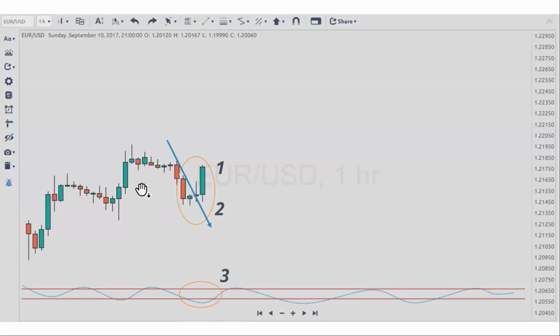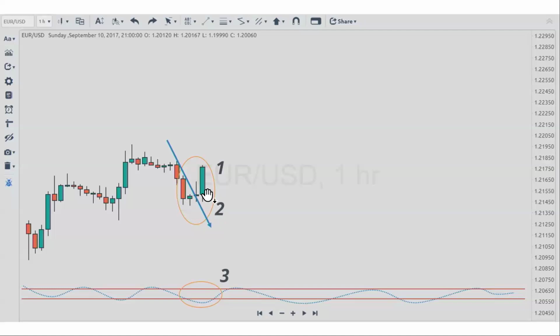So this is a strategy we call the 1, 2, 3 strategy. It's part of what we'll do maybe in the next class. It is a strategy whereby you combine an indicator, which is stochastic in this case. You may use another indicator, fine, but stochastic is better. So when the stochastic is in the oversold region, you draw an aggressive counter trend line. Now what you want to see is the market breaking this counter trend line,